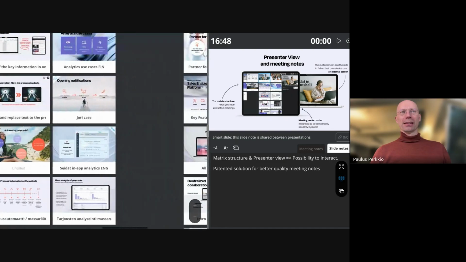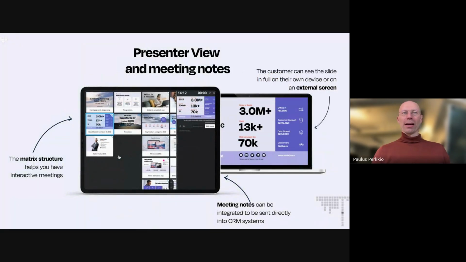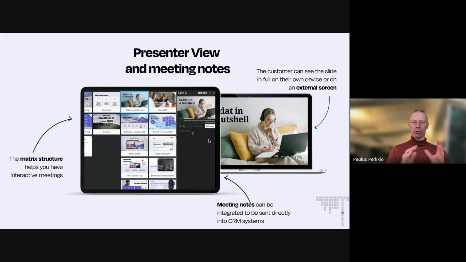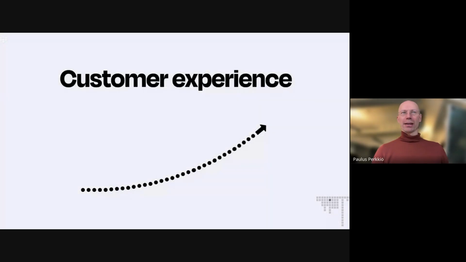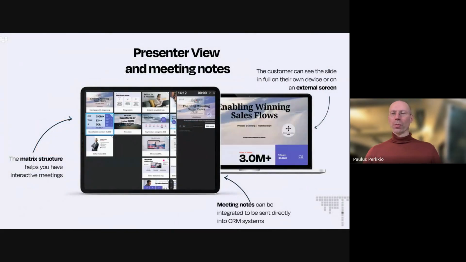Especially for me in sales, when I have this kind of presenter view where I can see the whole presentation, it makes it very easy to jump from one place to another. I can go to the proposal and then to customer experience, and then sharing options, and come back easily to the same view where I have been